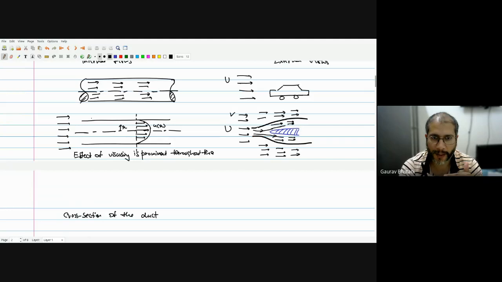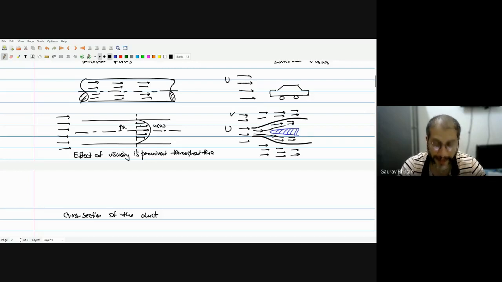So we have stopped the flow near the walls, but the center of the flow has to happen because the flow is happening from left to right. So the top layers will slow down the bottom layers till the center of the pipe, and then the same happens further downwards. So what we see is that two layers talk to each other because of viscosity. So the effect of viscosity permeates throughout the cross section of the pipe.